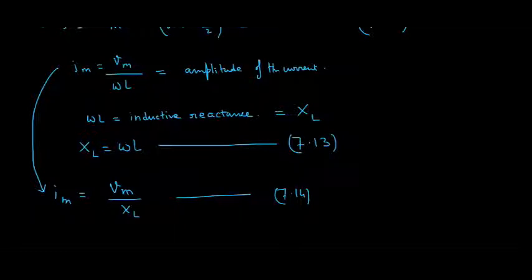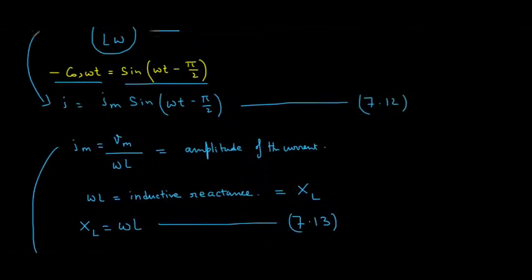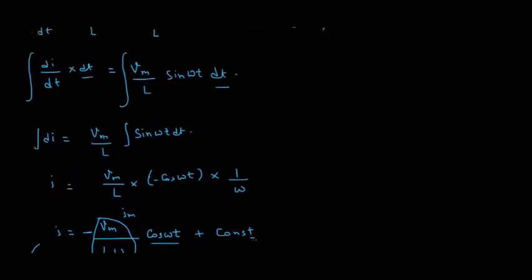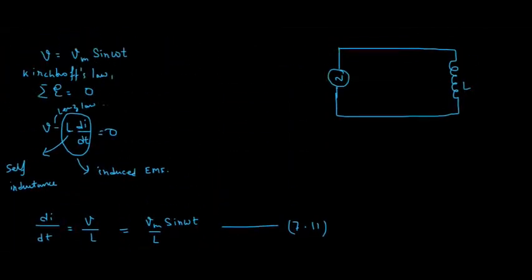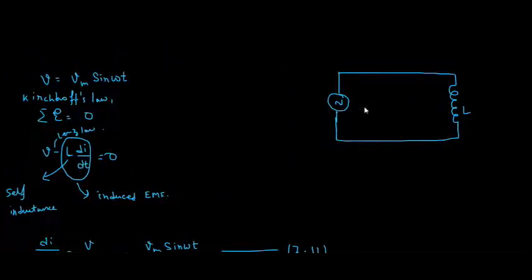Let us see this derivation from the beginning. So we have drawn a circuit of AC current which is connected to an inductor L. So we can write V is equal to Vm sine omega t. By Kirchhoff's law, sigma EMF E is equal to 0. So we can write V minus L di by dt